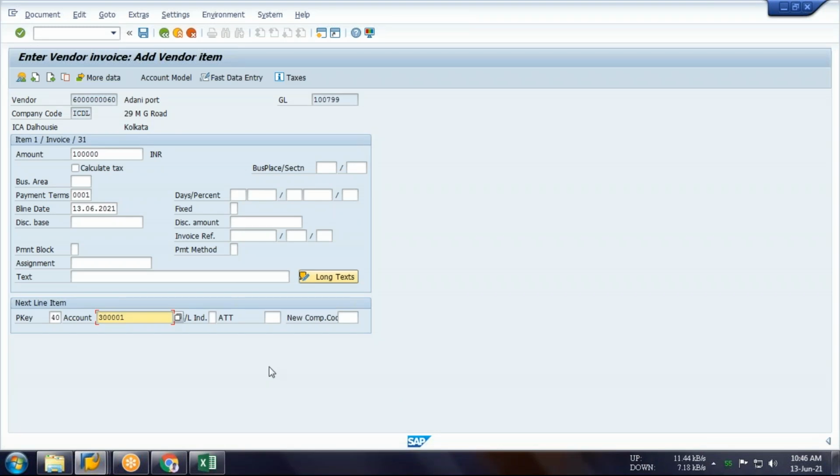Have you understood? In the first page, we have maintained the date and name of the vendor. In the second page, in the first line item, we are putting the invoice amount and booking the expenses for which we are receiving the invoice. जिसके लिए invoice मिल रहा है वो हम लोग book कर रहे हैं. Posting key 40 is default because expenses are debited. So for a debit entry the posting key is 40. This is a default selection in SAP. Debit entry in SAP is represented by 40.